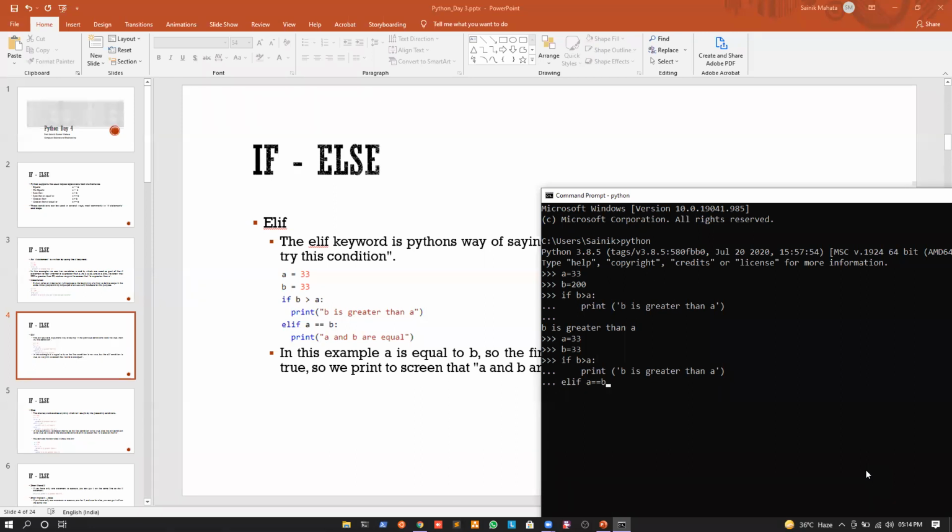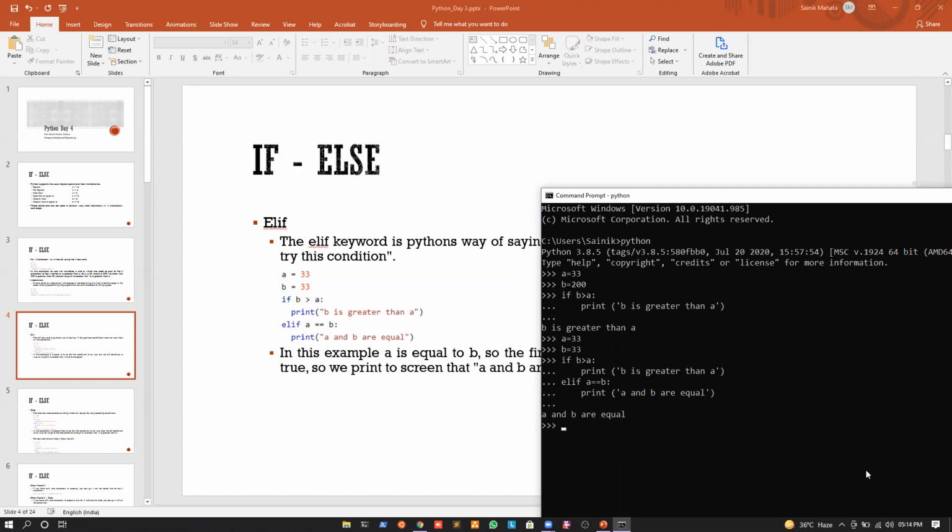You can see that whenever we are using a single equal to, it means variable declaration or initialization. And whenever we are writing double equal to, it means the condition. So I will write if a is equal to b, and then give a colon. I will shift the code to the right side by 4 spaces, and in this case I can write print a and b are equal, like this. Okay. And now if I press enter,